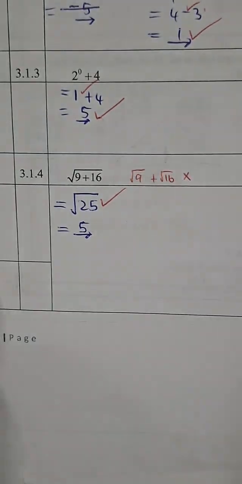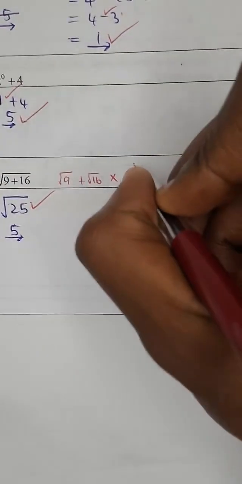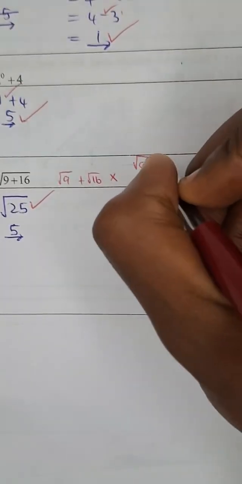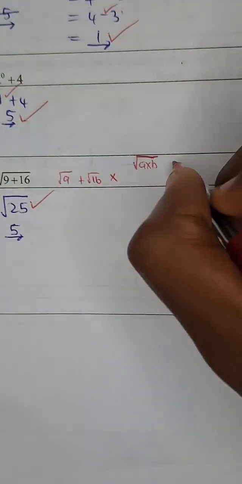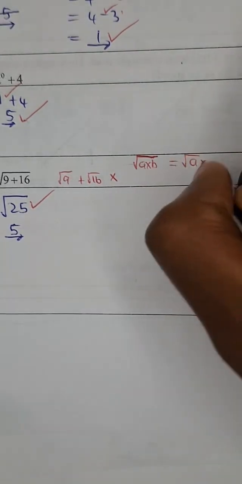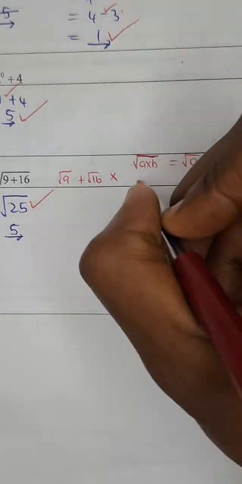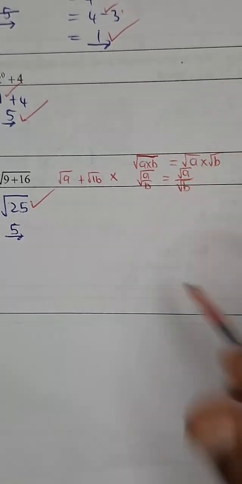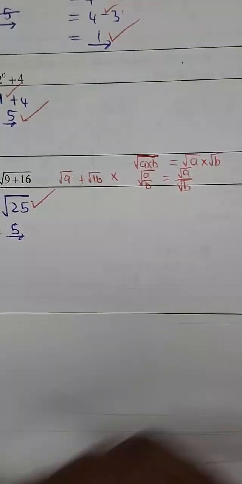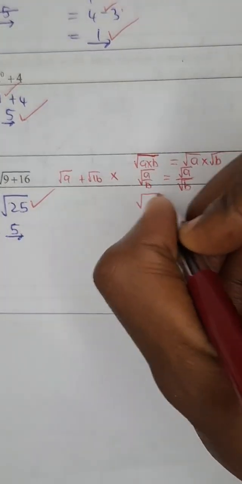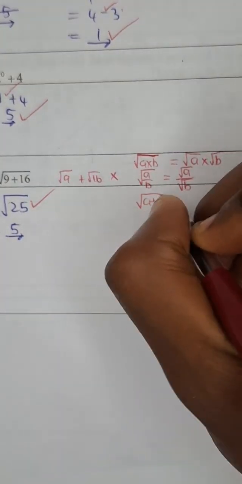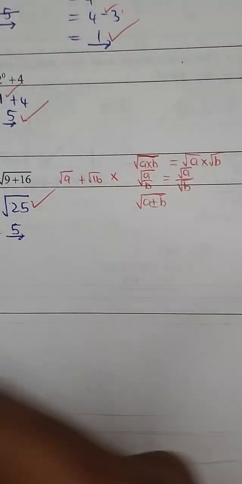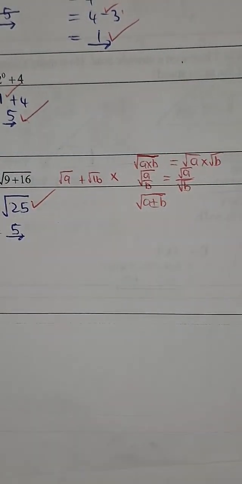This is incorrect. Remember, guys, that the root splitting law only applies when you are multiplying 2 things inside a root. Then you can split, or when you are dividing things inside a root, then you can split. But if you are adding and subtracting,